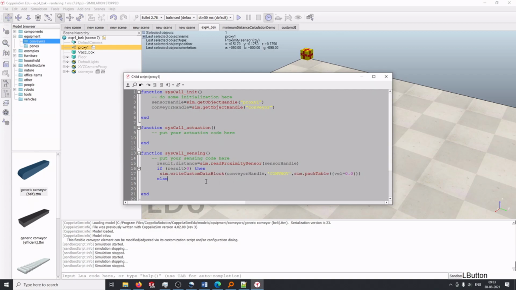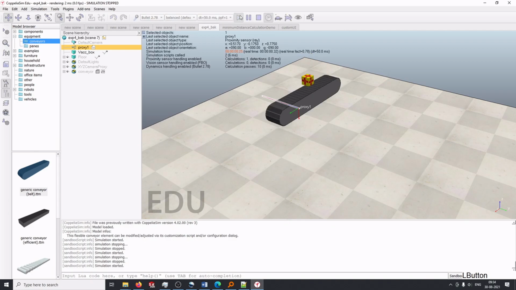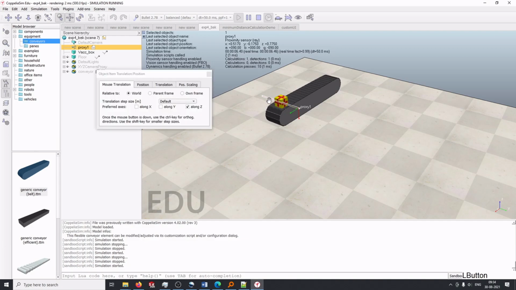The conveyor should move with a constant velocity of 0.1 meters per second. Okay, so we do this and let's run the simulation. Now let's see what happens if I move it around. Yeah, the conveyor belt is moving when it's not detecting, right?